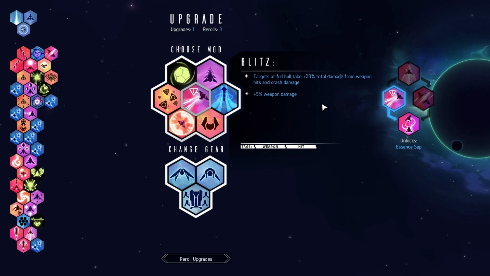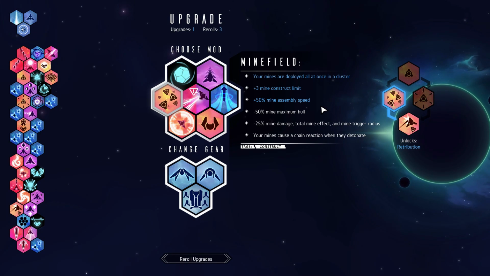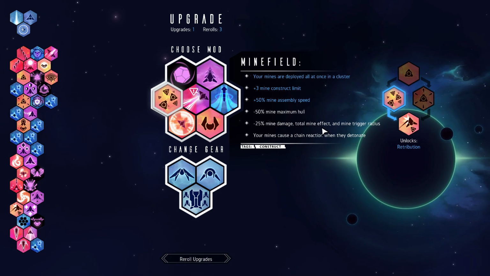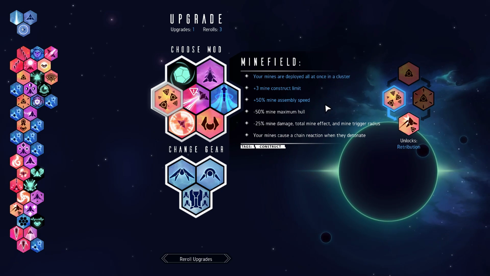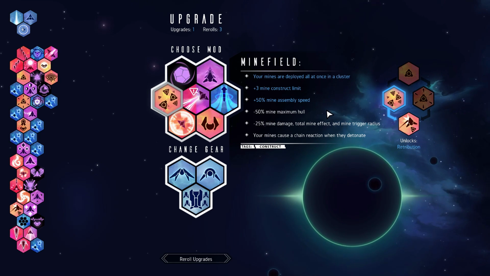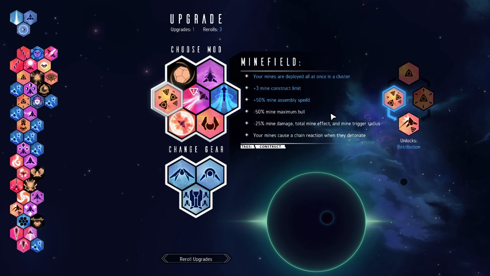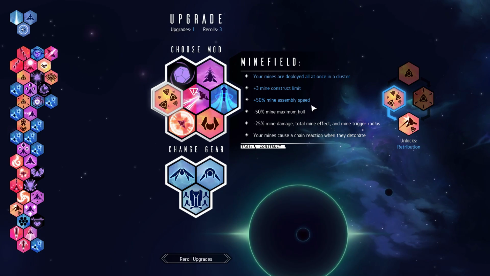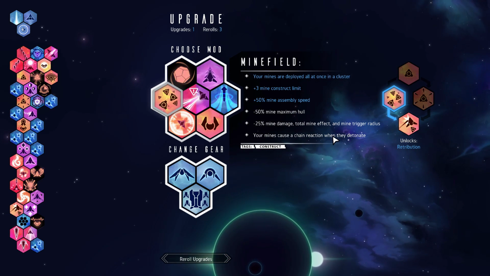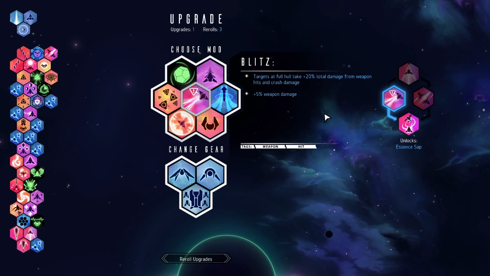Okay, minefield. I don't really want to take it right now because that would reduce our total mana effect, and I don't want to lose those 5 beams that we have going on right now. So I guess I won't be showing you how the build looks with the minefield. Well, I mean, it pretty much looks the same way, but you spew out a lot more mines and they construct a lot faster. It's pretty fun, but